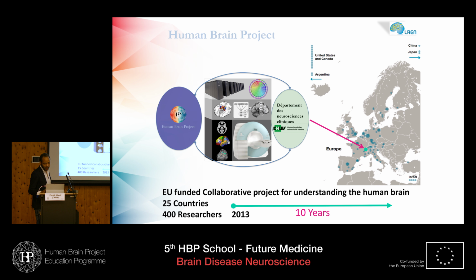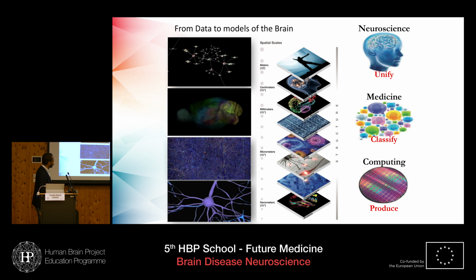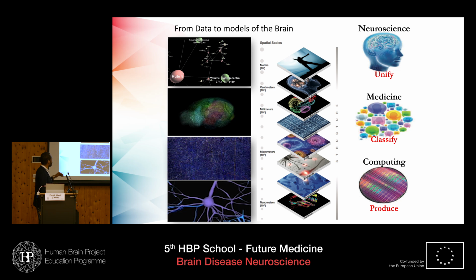For my part, I come from Lausanne, Switzerland. We have a small team in the Department of Clinical Neuroscience. We have an MRI. We see a lot of patients, mainly dementia, but also Parkinson's disease and epilepsy. We were involved in the Human Brain Project because of our expertise mainly in neuroimaging, so we are mostly on whole-system neuroscience. But the Human Brain Project is more about going through the different scales, as I said, from neuron to the highest level.